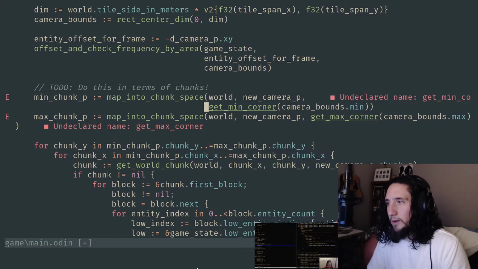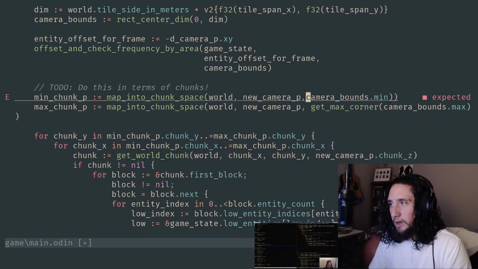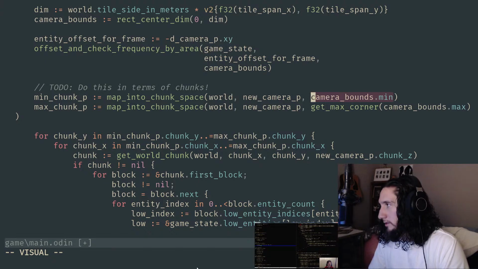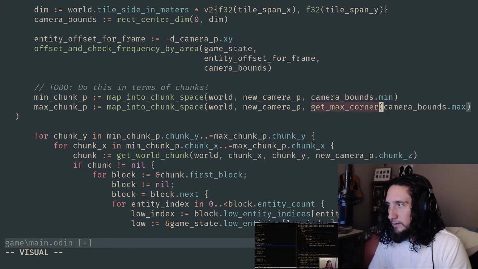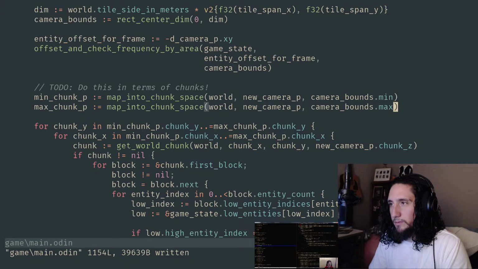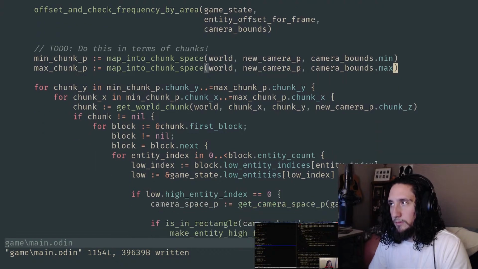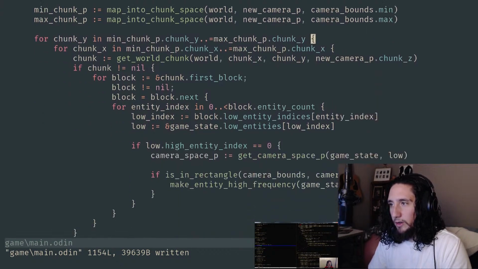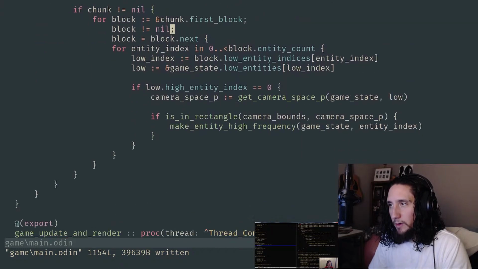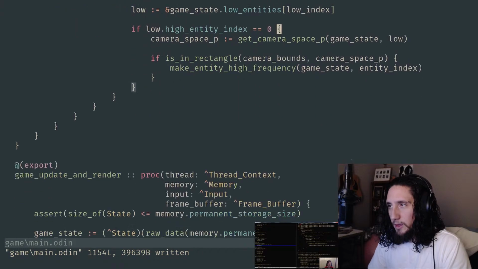Yeah, I don't see it. Maybe I'm missing something, but I feel like I'm totally comfortable just calling min here on the camera bounds, because that's all that these function calls he's writing are doing, and it just seems superfluous. Maybe he has good reasoning. I wish I could ask him live, but he would probably just tell me it doesn't matter and to stop thinking so much about it.